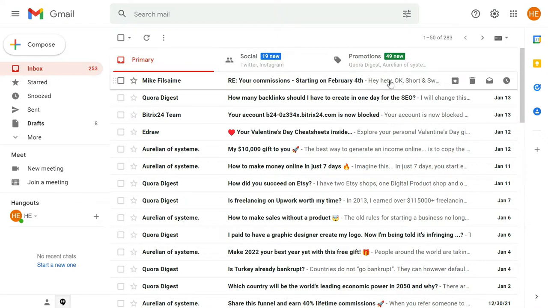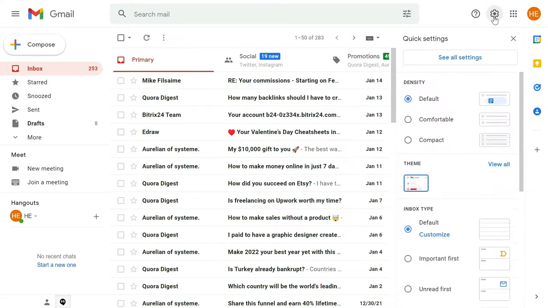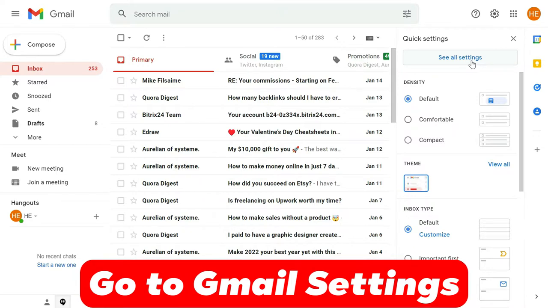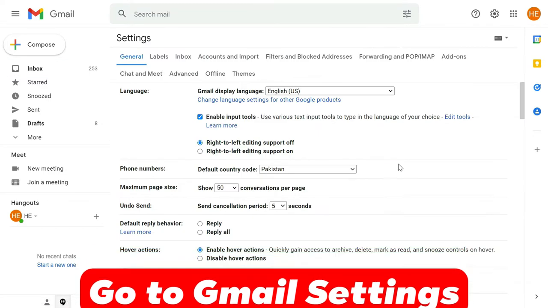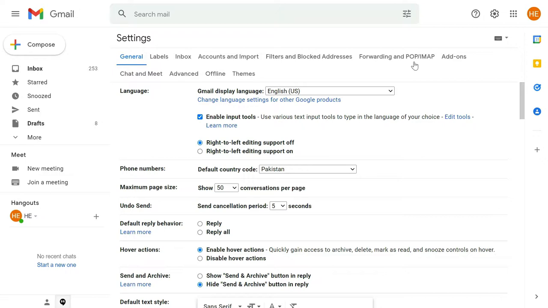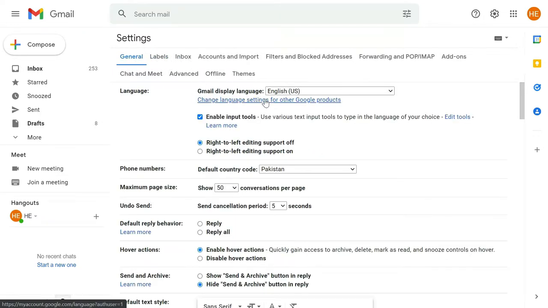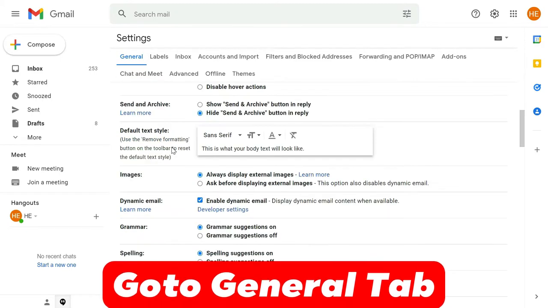Sign into your Gmail account and open Gmail, and from the top right you will see this settings icon. Click that, and from here you have to go to See all settings. Within the settings you will see multiple tabs, as you can see on the top: General, Labels, Inbox, but the signature settings are in the General tab, so you need to stay within the General tab and come down, and